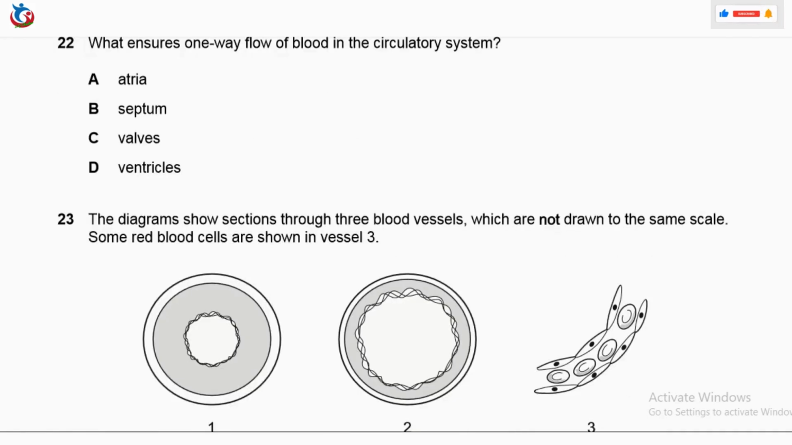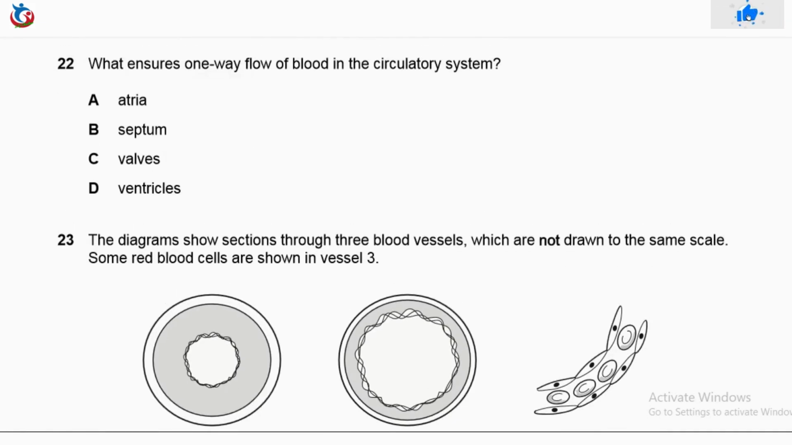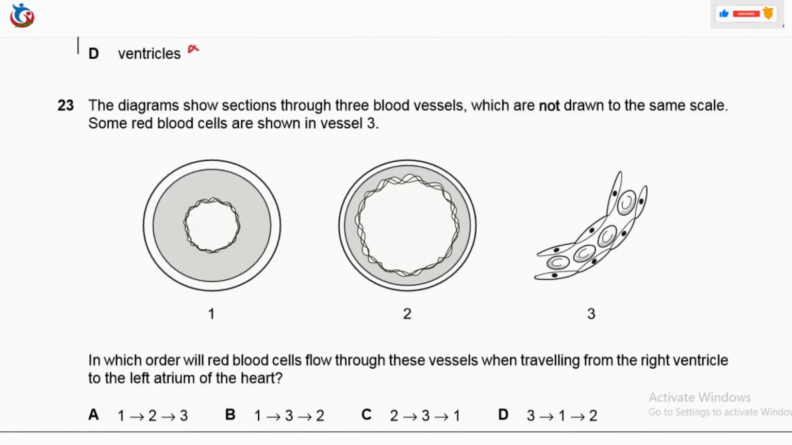Now question 22 says, what ensures one-way flow of blood in the circulatory system? For blood to flow in one direction without backflow is the function of not the atria, not the septum, but the valves. It's not the ventricles. The valves help to prevent the backflow of blood. So that is why the answer to question 22 is the valves. This will now take us to question 23, which says,